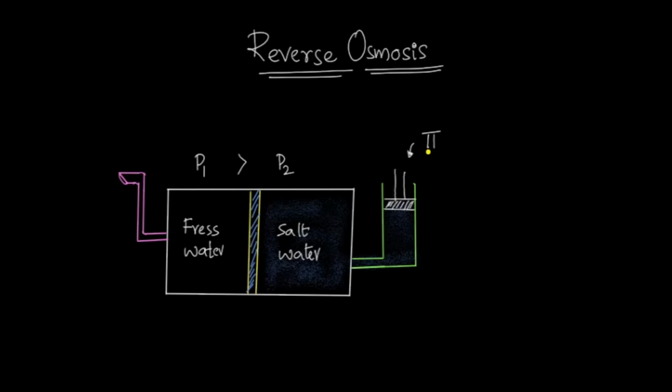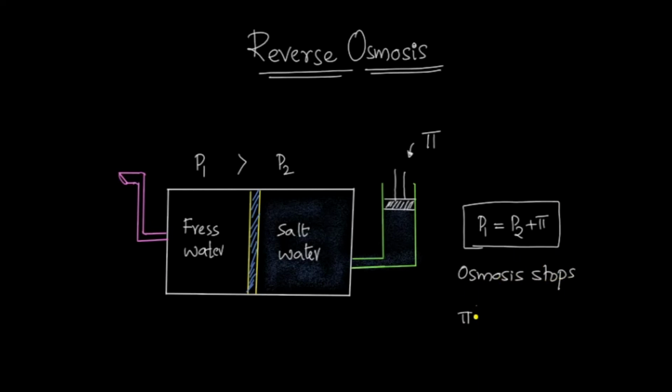Then when you add the pressure on the solution side, it becomes P1 is equal to P2 plus pi. So when you add excess pressure at the solution side, the osmosis stops, and it is a process where the osmosis ceases. Osmosis stops here. If you have a pi dash which is greater than pi, in that case, P1 is smaller compared to P2 plus pi dash.